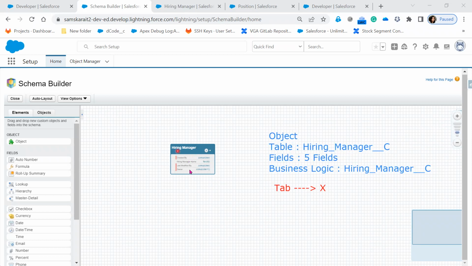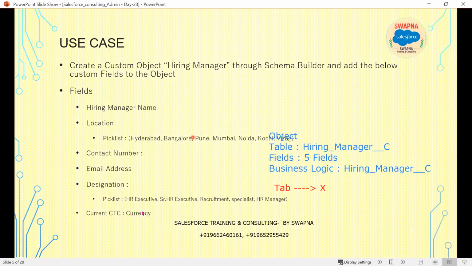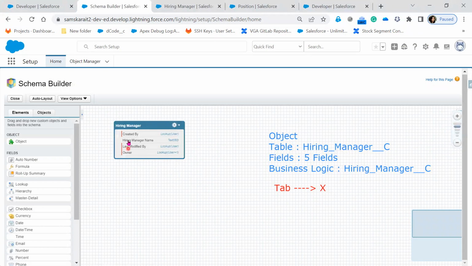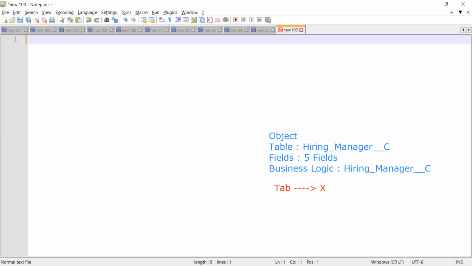Now the object has been created, the table has been created. Now we need to create these fields. Now, do I need to create a hiring manager name? No. Why? It is a standard field. It's already created. Whenever we create an object, at that time the Hiring Manager Name, which is a standard field, is created. Now, the next one which we have to create is